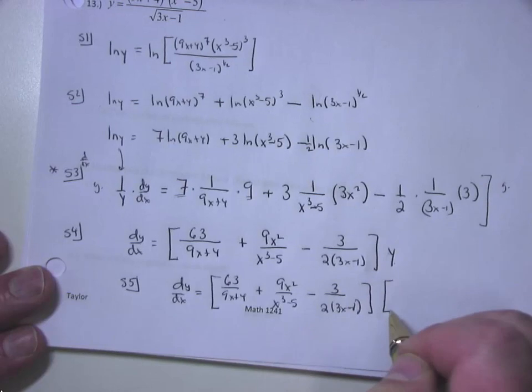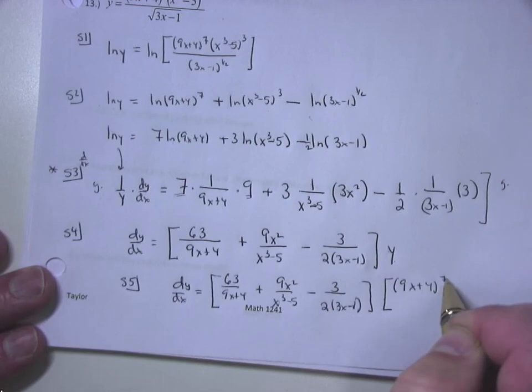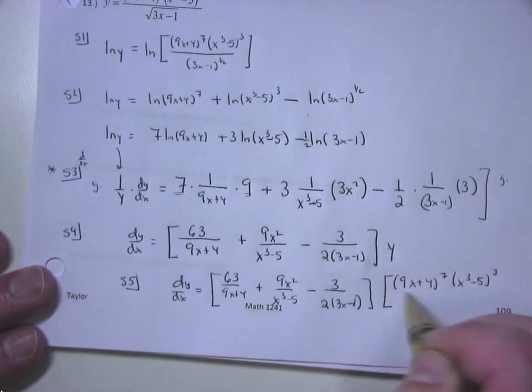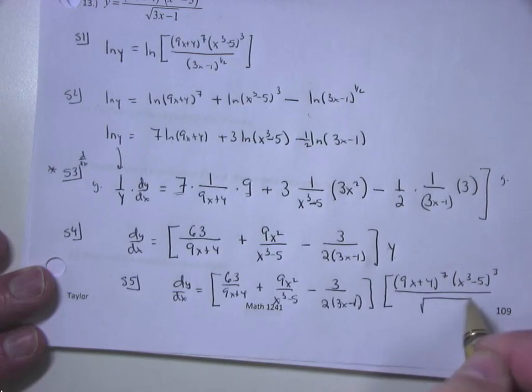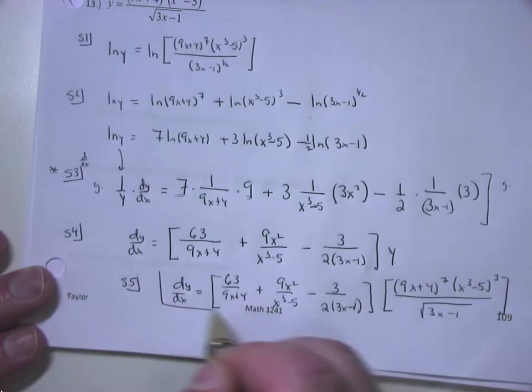I'll put a bracket around it. It is (9x plus 4) to the 7th times (x cubed minus 5) cubed divided by the square root of 3x minus 1. And that